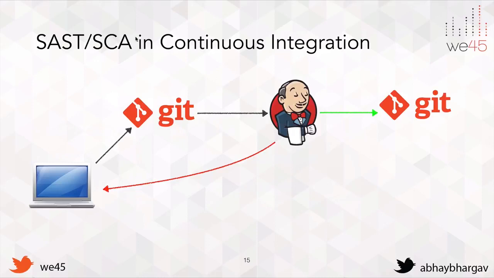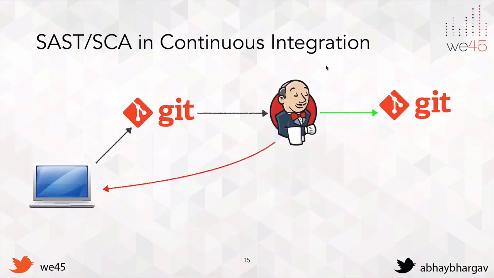So as soon as the developer checks the code into the Git repository, Jenkins would trigger our scanner. It could be Brakeman, it could be Bandit, it could be so many different scanners. In fact, if you look at our V45's GitHub repos, you'll find a lot of open source tools for a lot of these scanners as well. So you can just use this in your pipeline very quickly and get started quite easily in your own automation efforts as well. So Jenkins would be triggered.